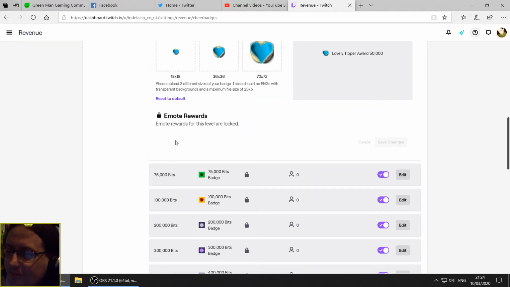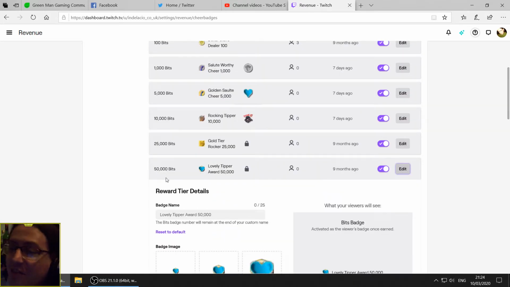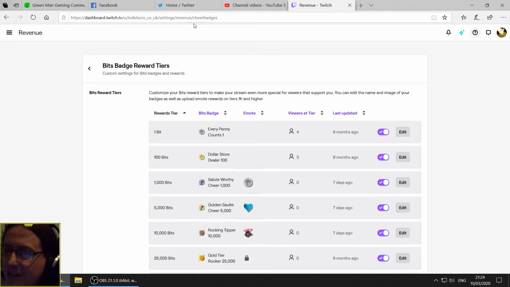And obviously it's locked for that level until someone donates 50,000 bits in my channel. But your channel might be different. You might have a lot more emotes that you can unlock. And yeah, they basically work the same as any...